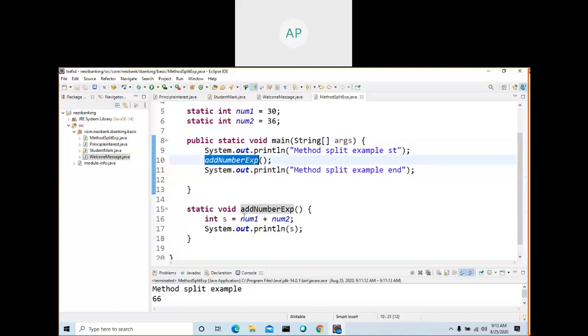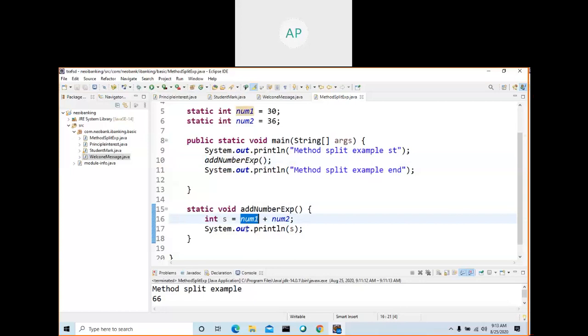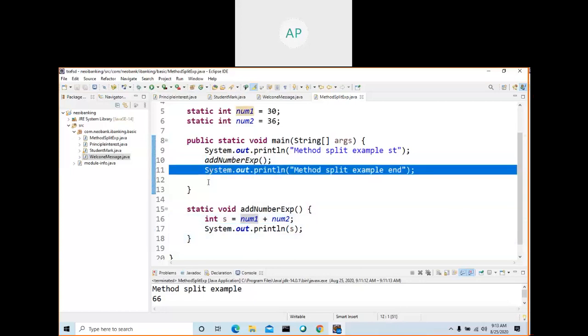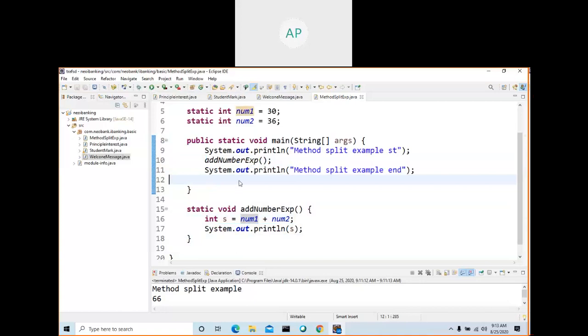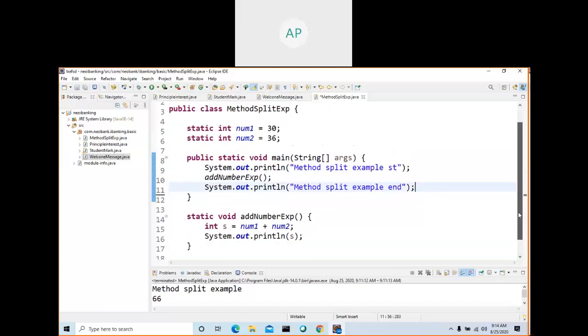Once your JVM reaches the last line, your program completes. So, you can understand. It runs this line, then goes and runs these lines. Completes. Then your control will come to the next line.